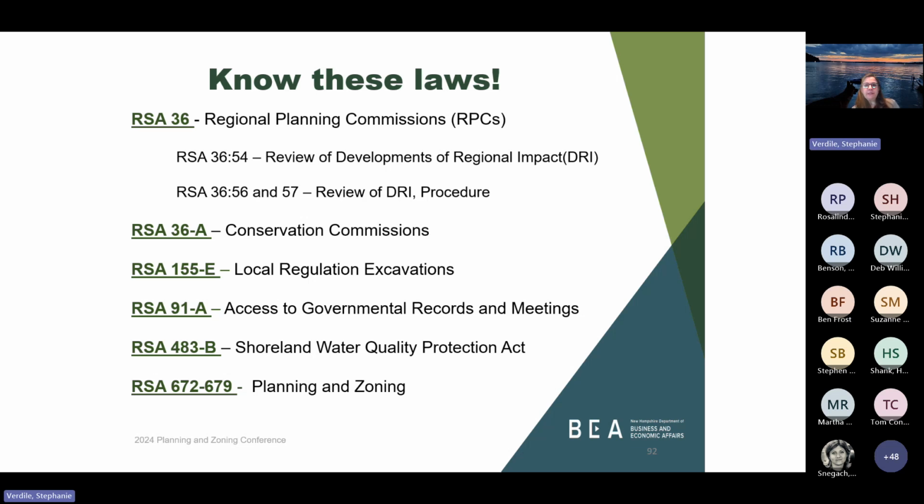RSA 36-A deals with conservation commissions. Now, conservation commissions by law are not considered land use boards, but they are another board that the planning board and the municipality would cooperate with and work on issues with. One topic that conservation commissions and planning boards work together on would be the master plan, for your natural resource inventory chapter or recreation or outdoor recreation chapters. So to understand what the other board's role is when you're working with them, you can utilize RSA 36-A to understand a little bit about the Conservation Commission.